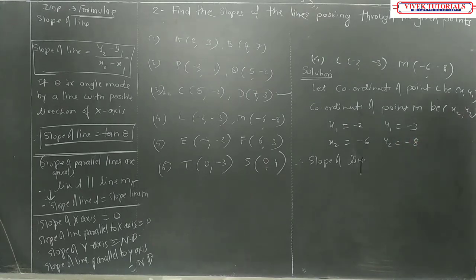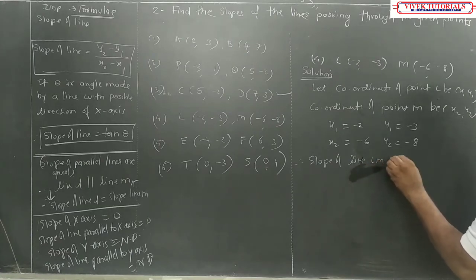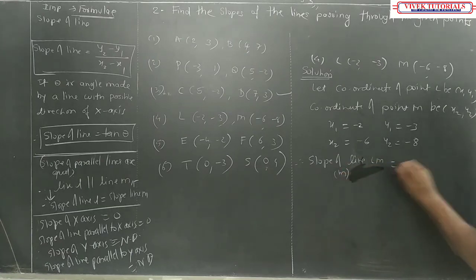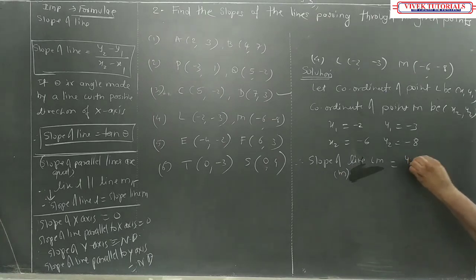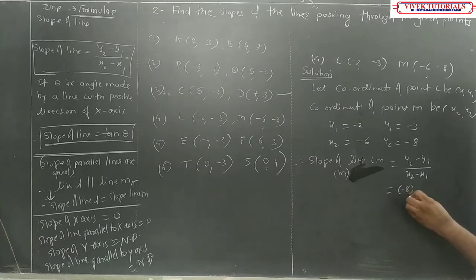Now, the slope of line LM, that is m, is equal to (y2 minus y1) upon (x2 minus x1). y2 is nothing but -8, y1 is -3, x2 is nothing but